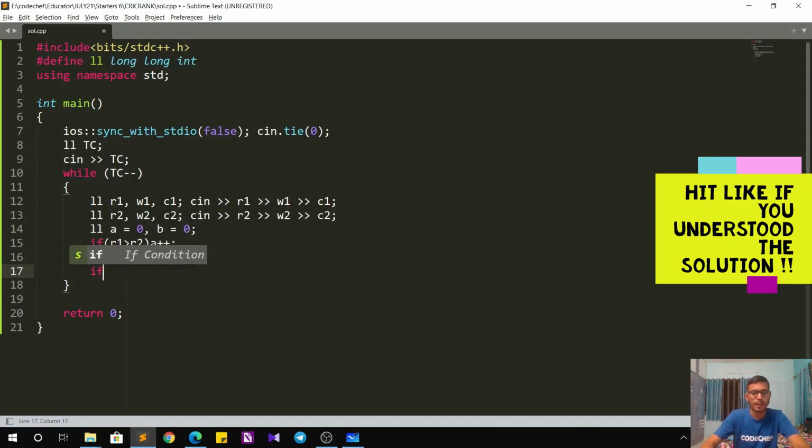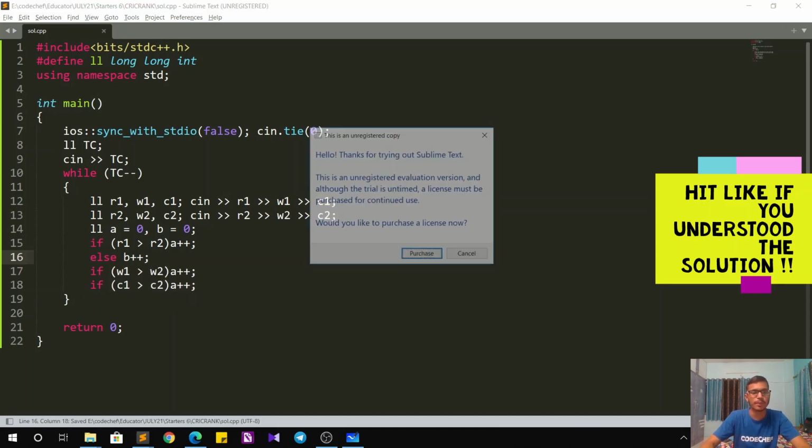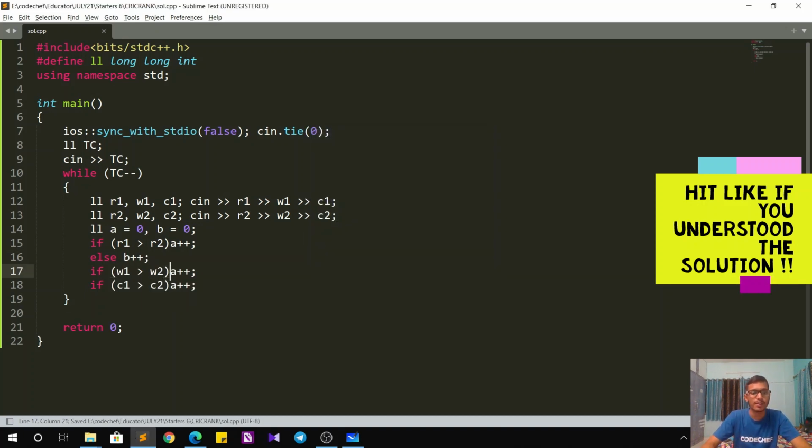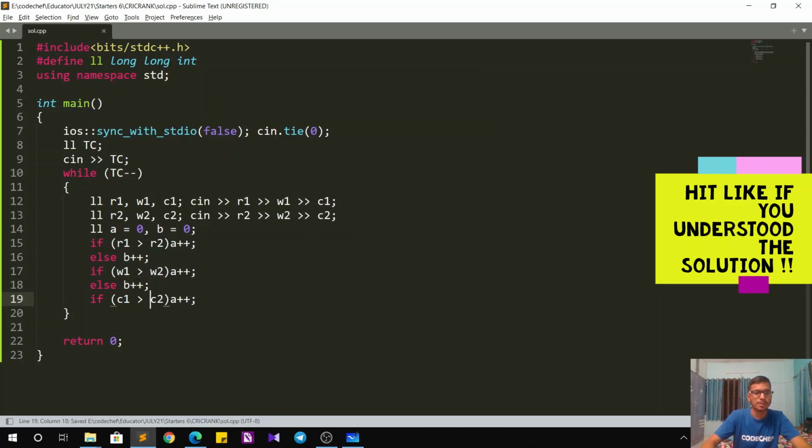Then if C1 is greater than C2, then A++. But this is only for the first player. What if the condition is not true? For each of them, I have to write the else statement, else the score of the second player goes up. That is, the second player is better. So I'll put these statements, that is else B++, else B++, and again else B++.